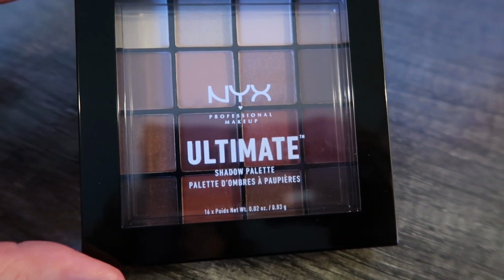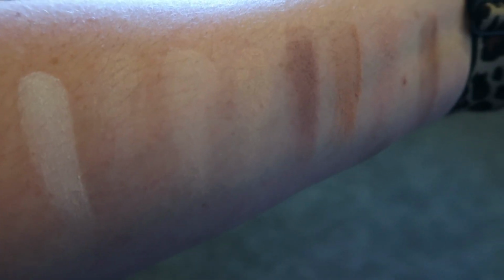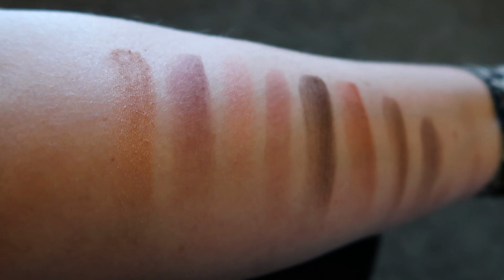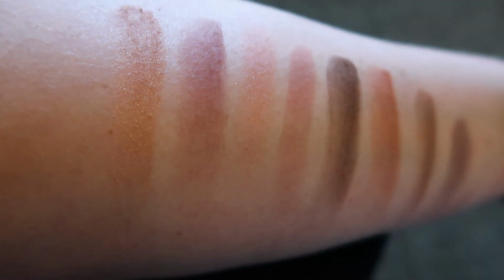One product I'm always on the hunt for dupes on is eyeshadow palettes, because eyeshadow palettes can be really, really expensive. This NYX Ultimate Warm Neutrals palette is gorgeous. The colors are so beautiful. They apply flawlessly. They last all day. I love that the mattes are very, very blendable, and then the shimmer, some swatches here for you of all of the colors,